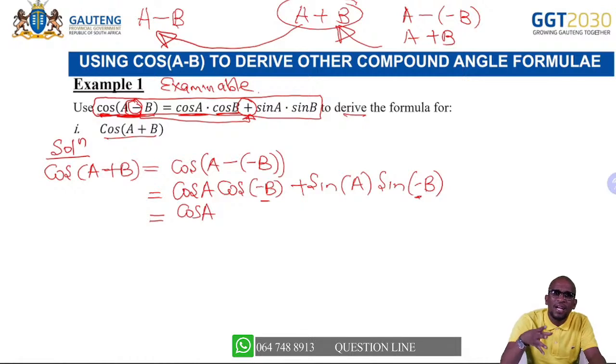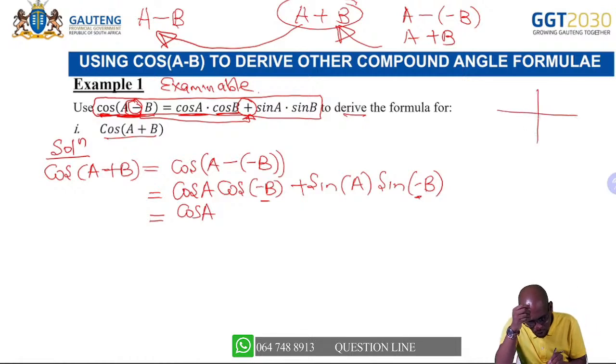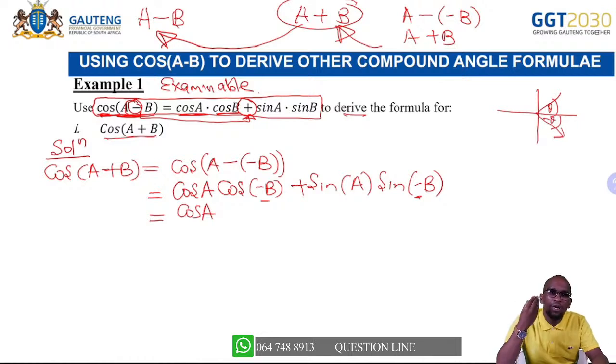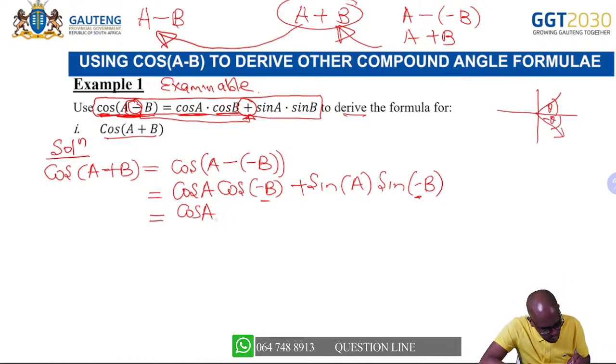Remember, a negative angle is in the fourth quadrant. All negative angles are in the fourth quadrant, because if you go from theta, same angle, to negative theta, and only cosine is positive in the fourth quadrant. So this would be cos A cos B. This cosine of B would be positive, plus